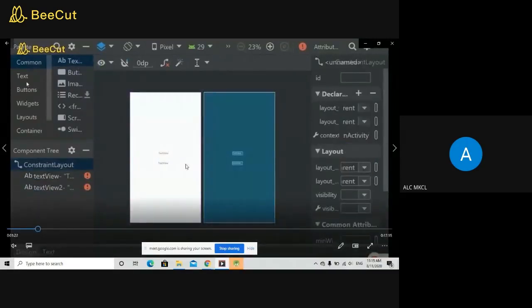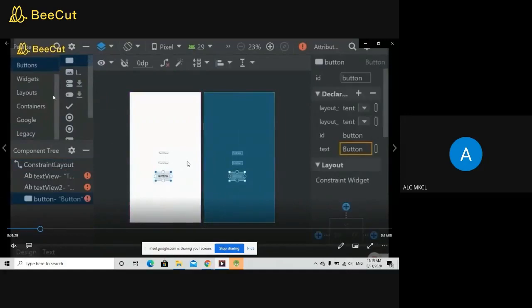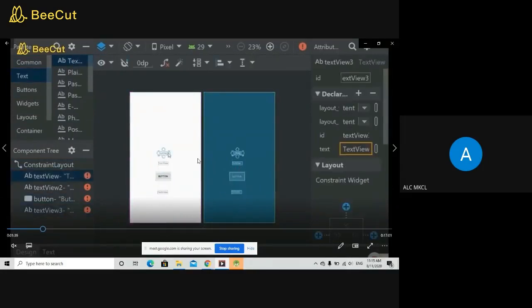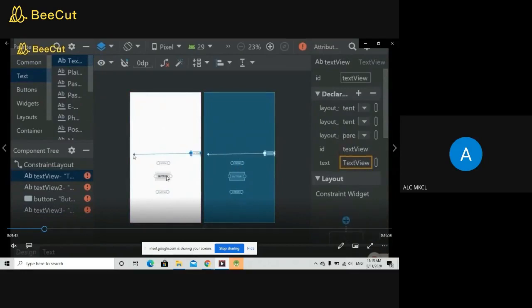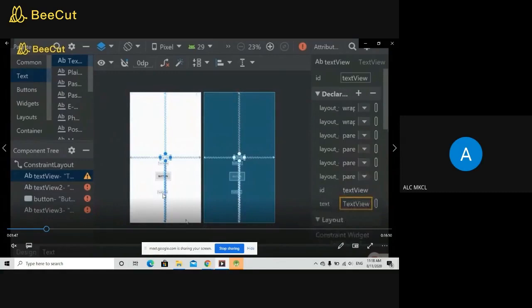You also need 1 button and 1 more text view. First we'll display the longitude, second we'll display the latitude. The button is used for the click event, and the third text view is used to display the address.